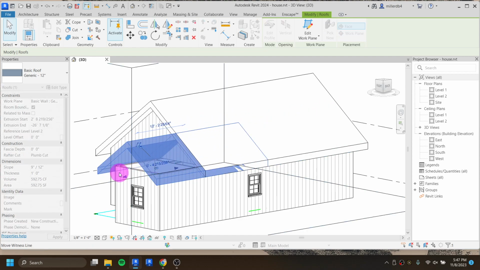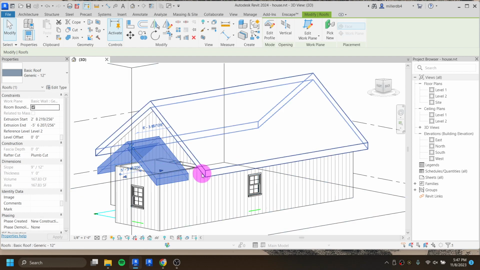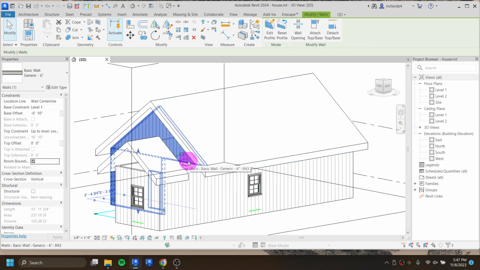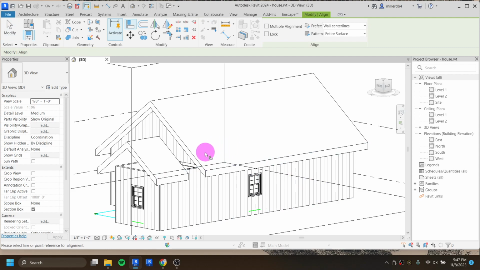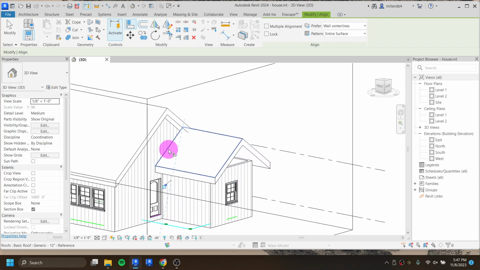And sometimes I do have to do this in a couple of pulls. So I'm going to make it shorter than I need it to be so I can align it to this face of the building. Whenever you do an align, you click on the thing you want to keep and then the thing you want to bring to it. So the align tool is keyboard shortcut AL. I'm going to select the thing I want to keep, which would be this wall. Again, before I click, I want to make sure it's highlighted blue. And then the thing I want to bring to it, which would be this face of this roof, which would bring it to there. At this point, now my roof is covering the hole there,